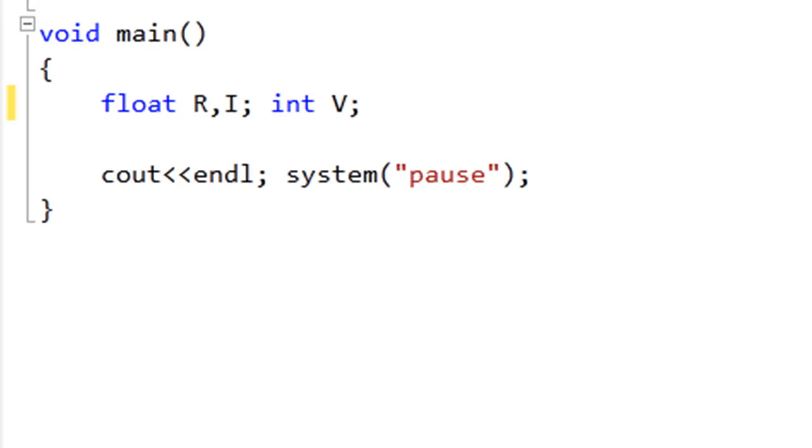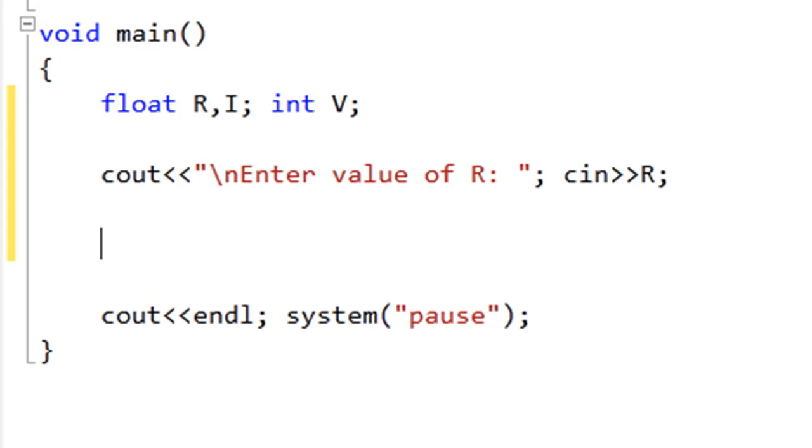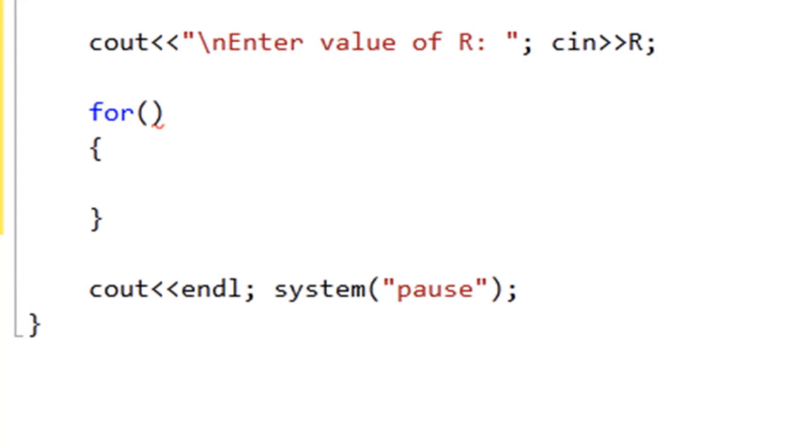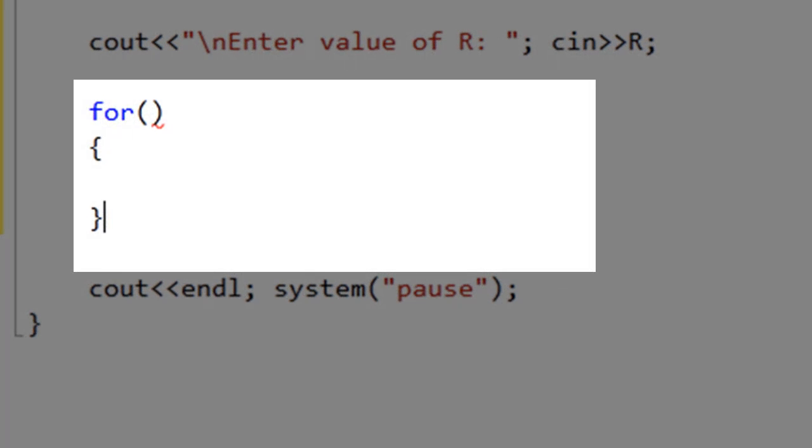The variables used in the program are R, I, and V, where V will be the counter of the for loop with an initial value of 1 and an end value of 10. Once the user inputs a value into the variable R, next we will write the for loop to compute and display the current. This is the structure of the for loop, which is made of the header and the body,